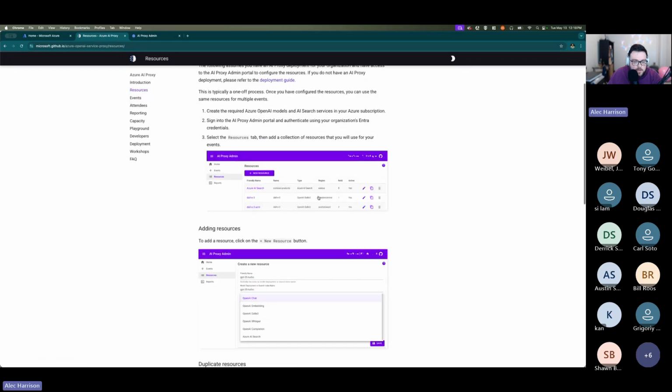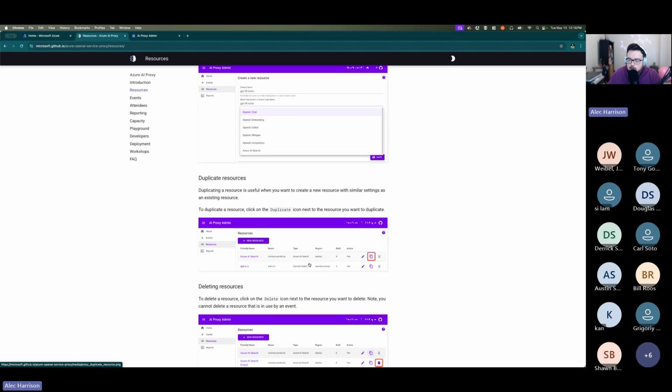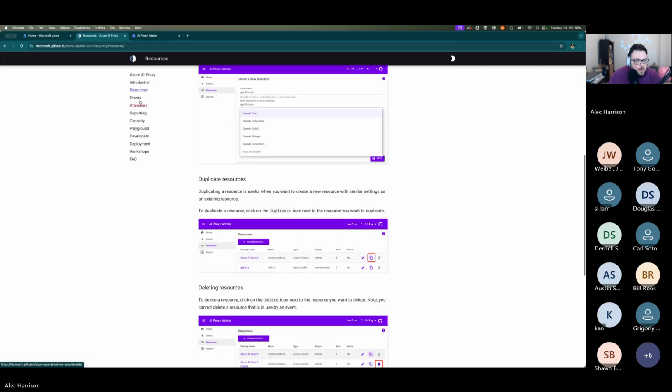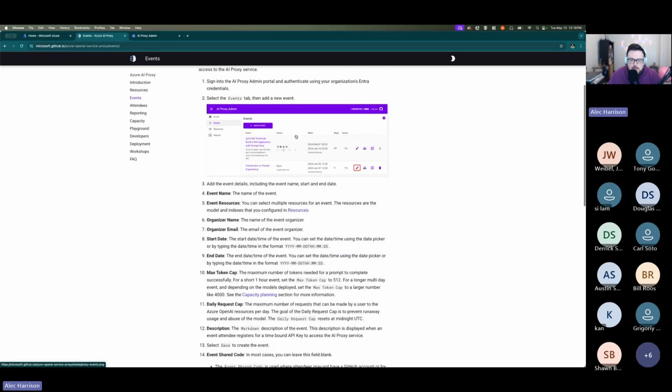When we go in and register them, I can set explicit rate limits in here as well that are on top of what Azure's rate limits already are. So if I say, hey, I don't want somebody at my user group to be able to query this more than once per minute, we can do that. It's pretty neat. You can register events, so you can have multiple events to see what attendees are registered where.